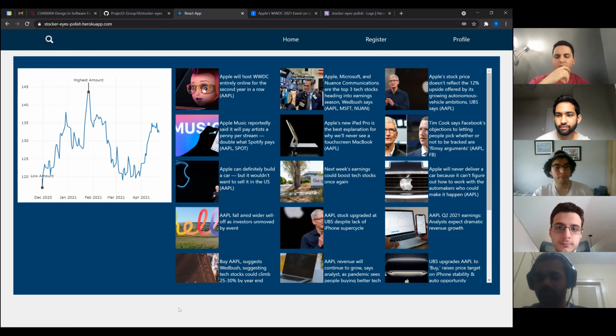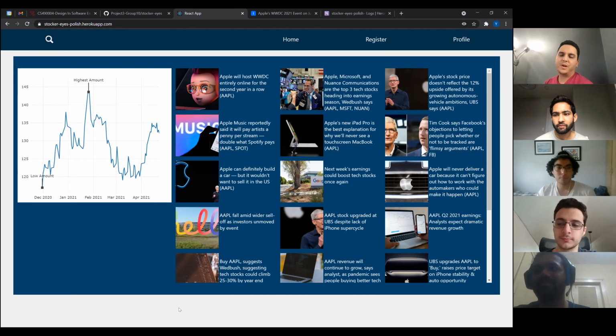Got it. The other challenge we had was with the Heroku database. We had to move to an Amazon database because of the connections. So right now we're using that. Yeah, I remember you were saying that earlier too. In the future we are going to implement a favorite list where the user can save stocks with the relational database. We have already implemented it in the database, so we only need to add it to the front end. We are also going to implement email notifications for news in the application.